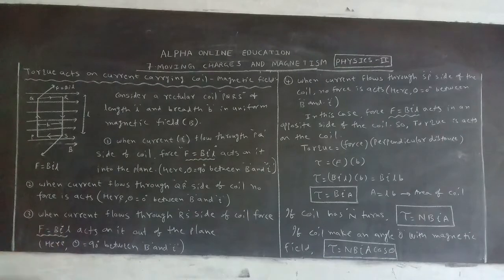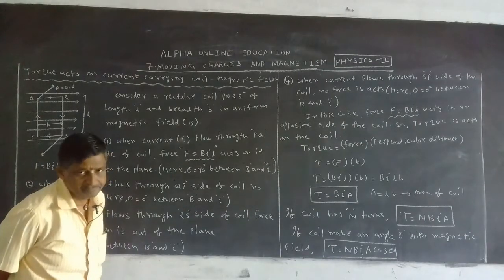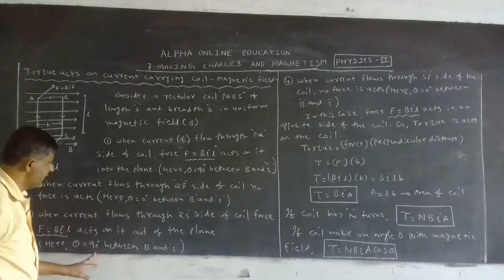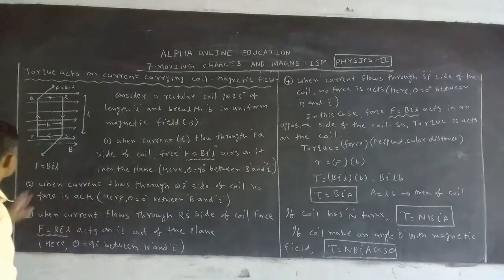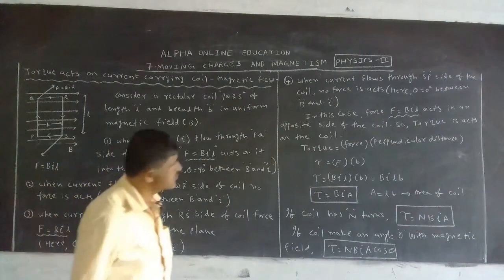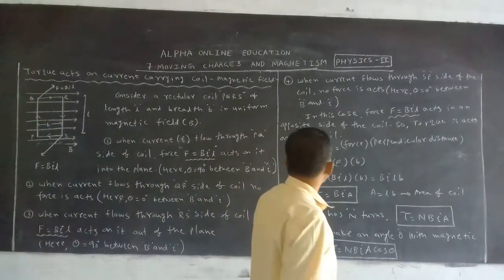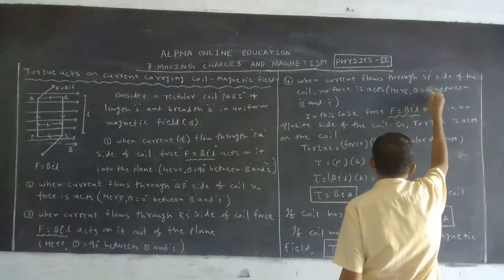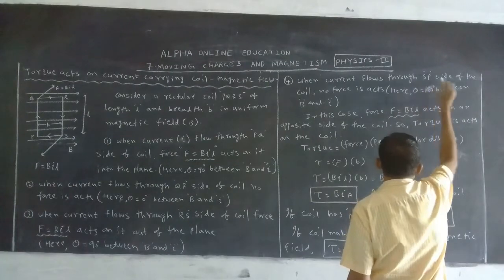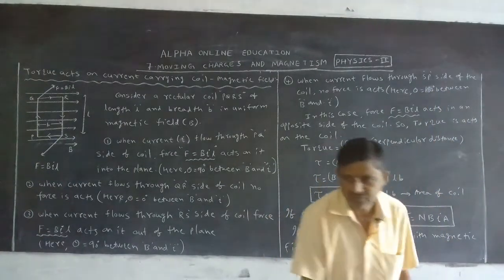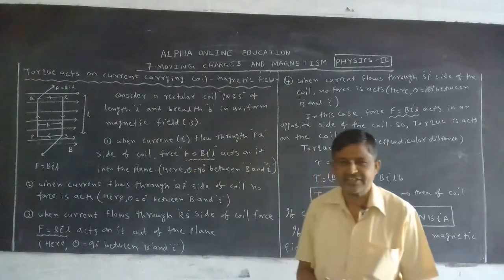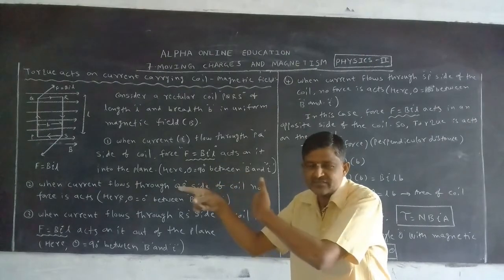Here theta is equal to how much? 90 degrees between B and I. We know the equation for force, F is equal to BIL sin theta. But theta is equal to 90, that's why F is equal to BIL. Next, when current flows through the SP side of the coil, no force acts. Here, theta is how much? 180 degrees between B and I. Why? Magnetic field is in this direction, current is in this direction, both are opposite, angle is 180, sin 180